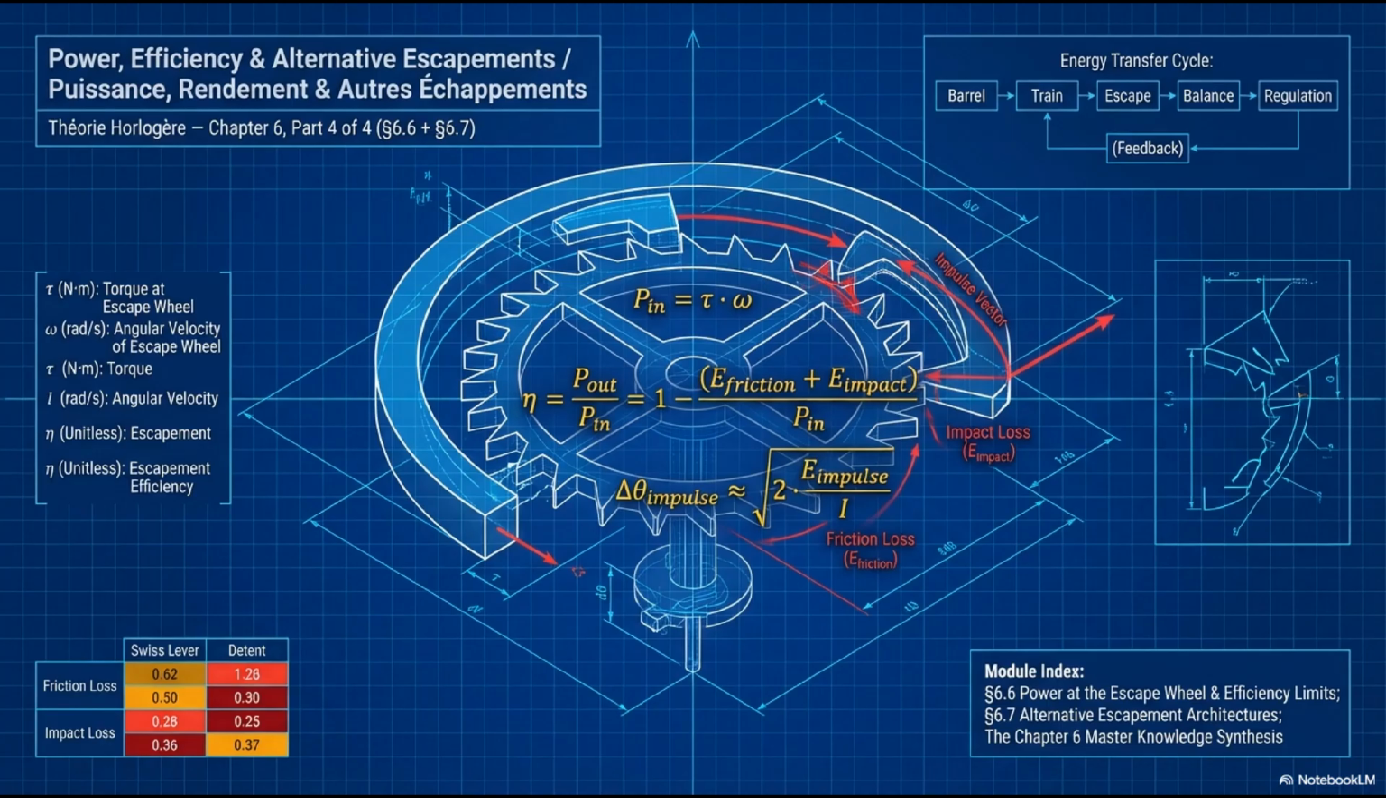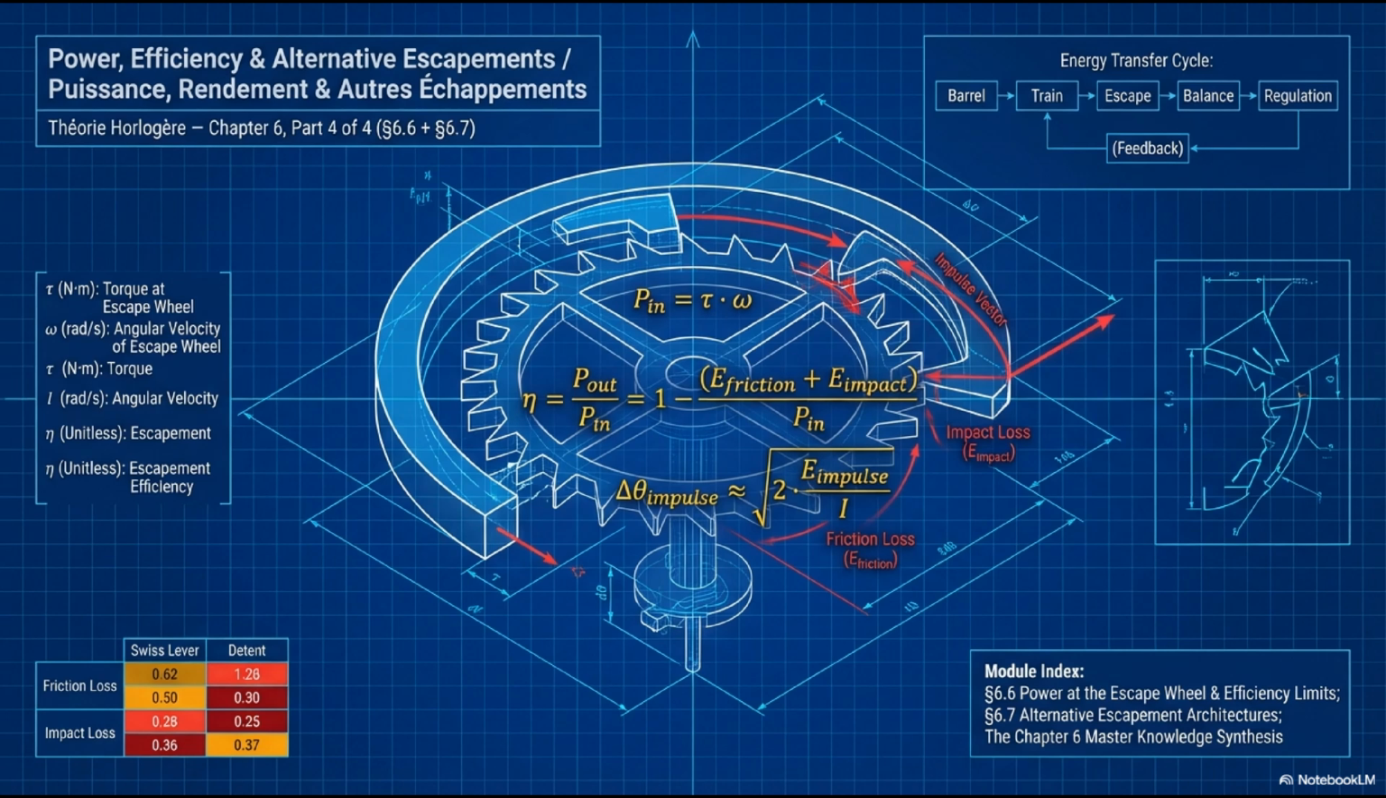Welcome to Part 4, the final part of Chapter 6, covering sections 6.6 and 6.7. Power at the escape wheel and efficiency limits, followed by a survey of alternative escapement architectures. The main diagram on this slide shows the complete energy transfer cycle from barrel through to the balance wheel, with key formulas annotated. The input power formula, Pin equals tau times omega, torque times angular velocity. The efficiency formula, eta equals P out divided by Pin, which equals 1 minus the friction and impact losses divided